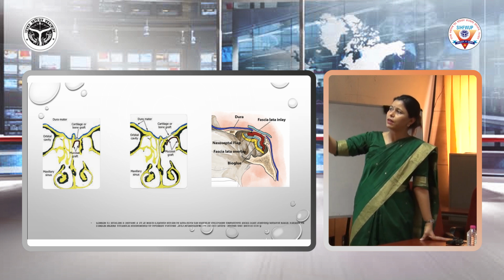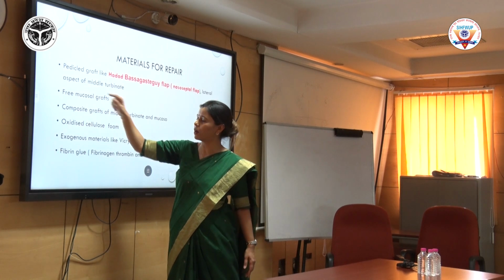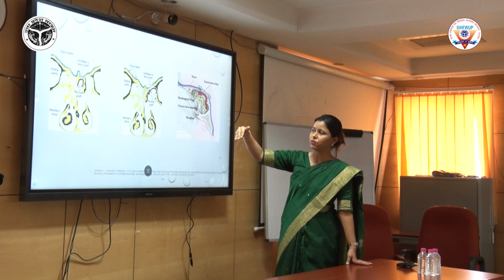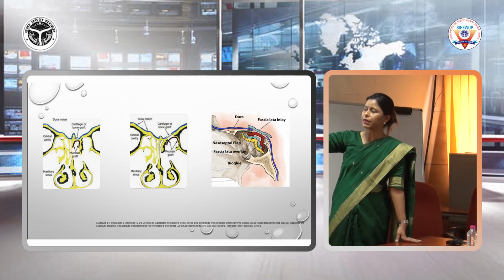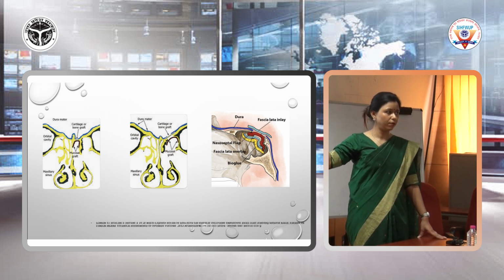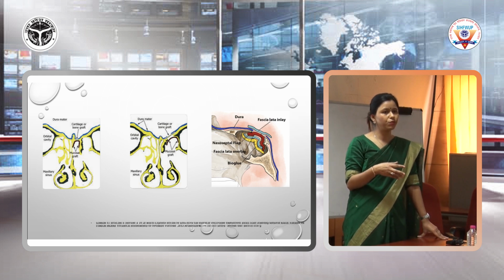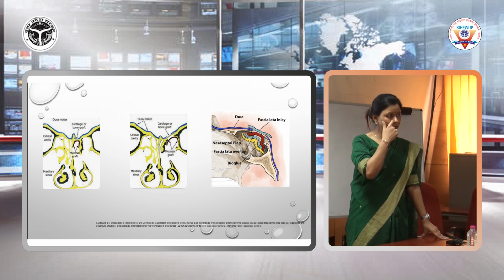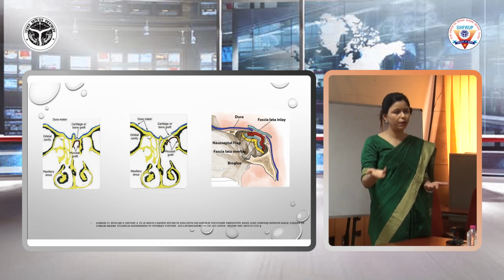So this is a diagram of the overlay technique. We can see the mucosal graft here. This is the mucosal graft outside. Cartilage or bone graft has been used outside intranasally, and the mucosal graft, free mucosa, is used. This mucosa can be harvested from the turbinates or from the lateral nasal wall anterior to the middle turbinate. Because generally for a good approach we need to remove partially the middle turbinate. So when we remove the middle turbinate partially, we can use the mucosa along with the bone also, or simply